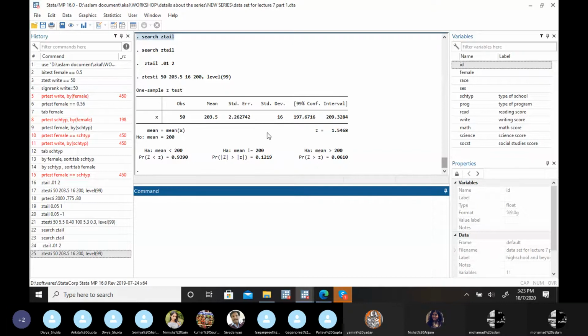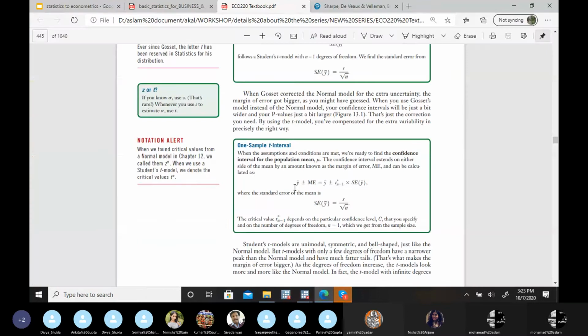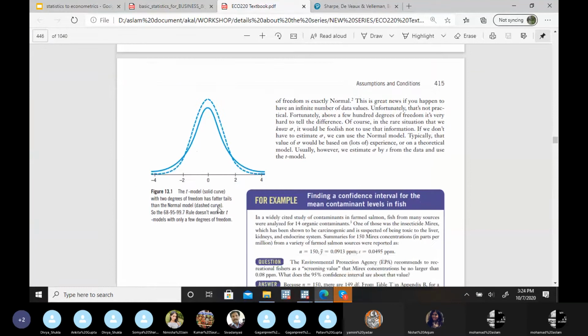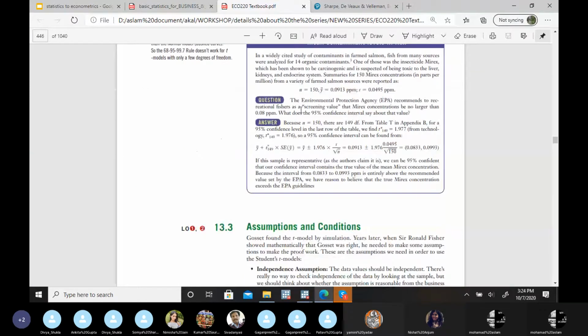I hope it is clear how we calculate confidence intervals. If you need more clarity, then go to this particular example in this textbook. I already shared this textbook. They did this calculation in this particular example, so you will find how we calculate a confidence interval. You have to see this table value, but now I'm showing you how to calculate this value in the Stata software, so you directly calculate it with Stata. The standard error or standard deviation for a specific sample statistic, you have to plus minus with the sample statistic.